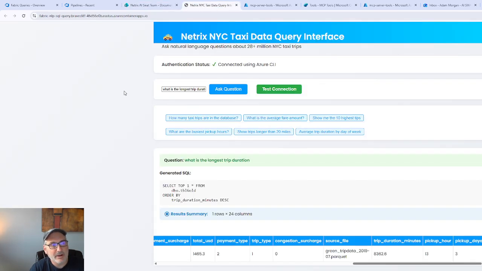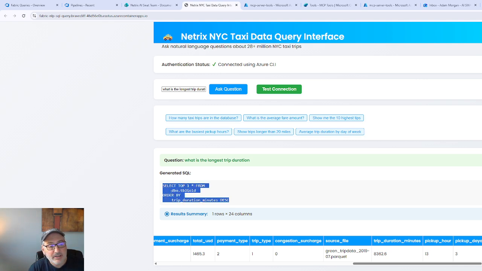So underneath, let me take a step back. Underneath the covers, I had asked it a question about the longest taxi ride, and what that did is actually converted that language to SQL underneath the covers and queried a relational database. So in this case, it's actually the New York City taxi database, which is in a Fabric table, and it did return this value. So that's really cool, a really cool kind of advanced topic there. So I can create a tool to do anything, but this specific tool was really cool because it took that natural language, converted it to SQL, and actually applied that SQL against the database